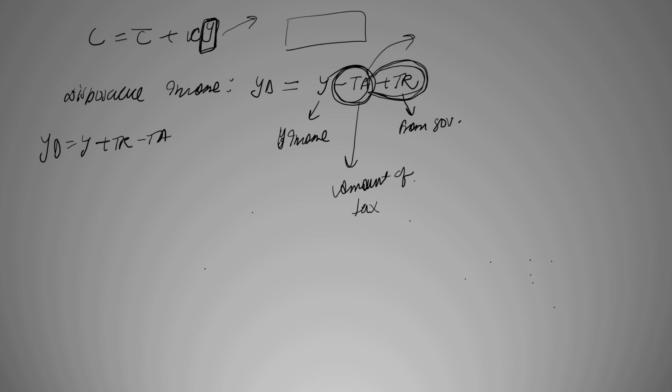Now applying to the consumption function, earlier what we had as Y will now become YD, because you can only consume part of your left income, right? So now replacing the value of YD, we have